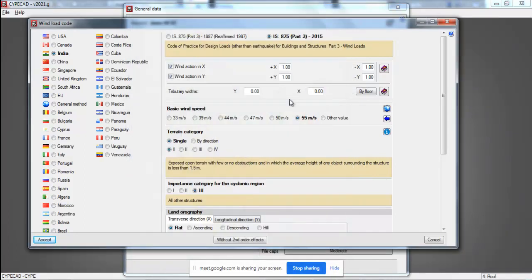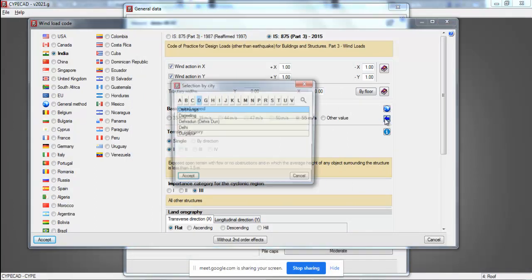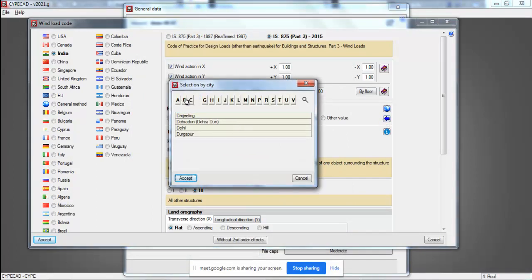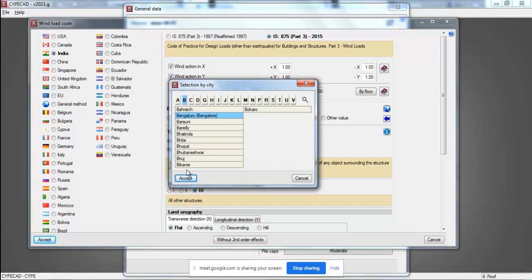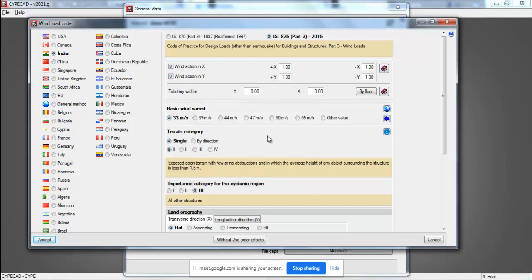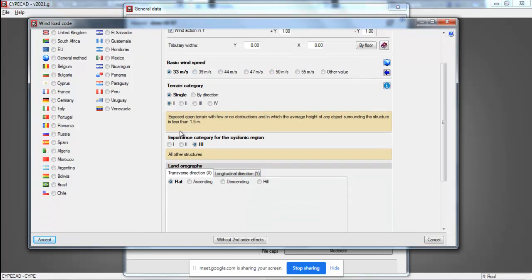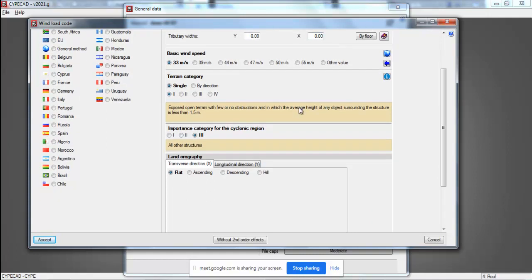Also, if you want to use it city wise, you can use this. For example, Bangalore: you simply select Bangalore and accept. You can see that the wind speed is changed to 33 meters per second. So like this you can select using all three methods, using the map, the chart, or directly, and you have to give all other information suggested in the code.